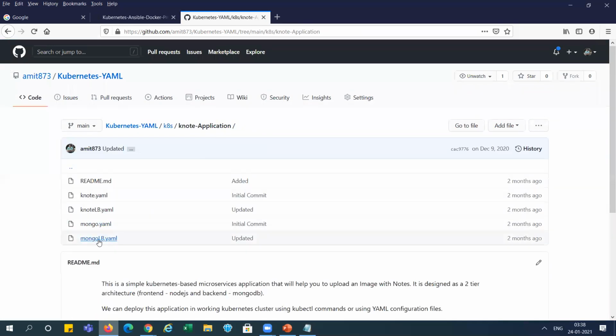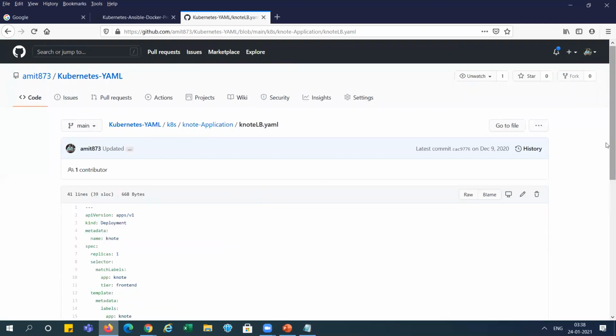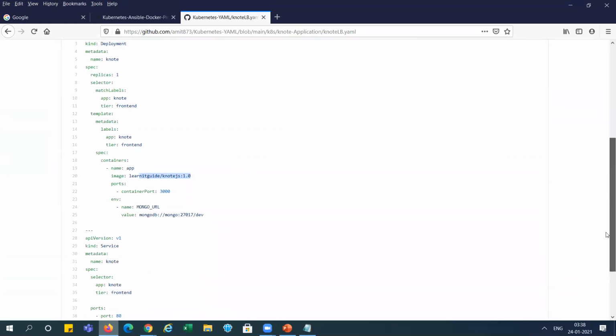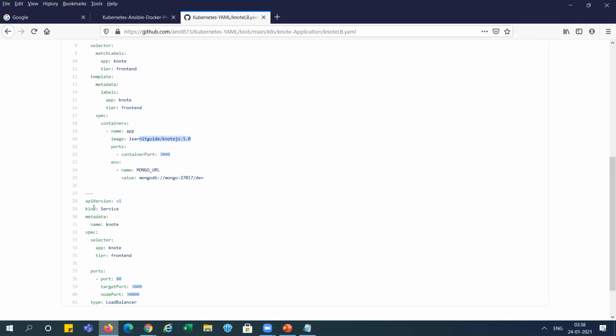And the second file, you can see node LB. This file contains the kind deployment, and you can see it is a frontend, and it is using the image Node.js 1.0, right? And also this file contains one more kind.